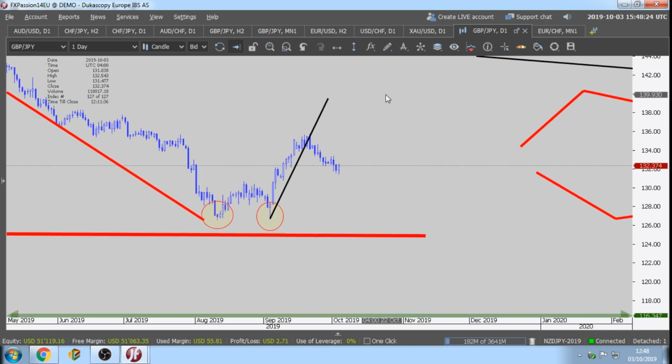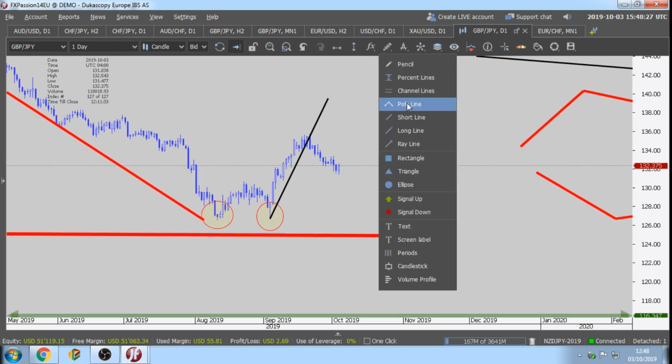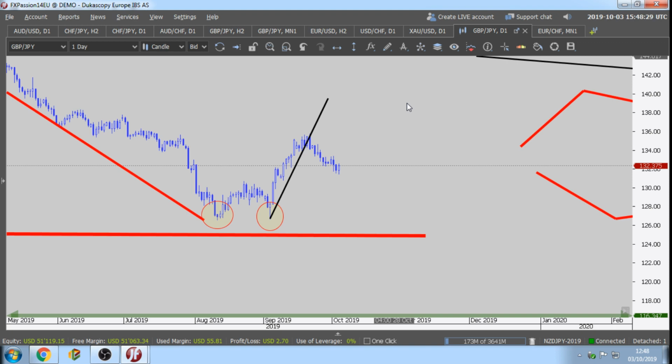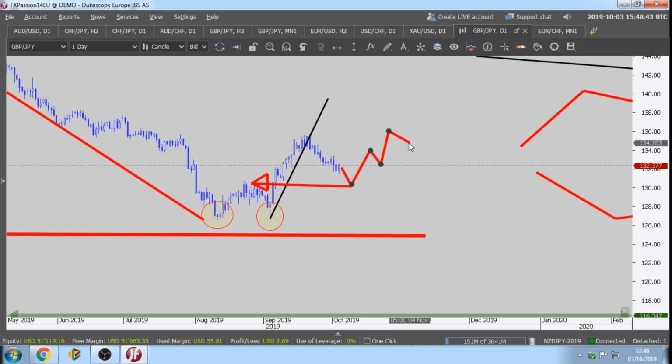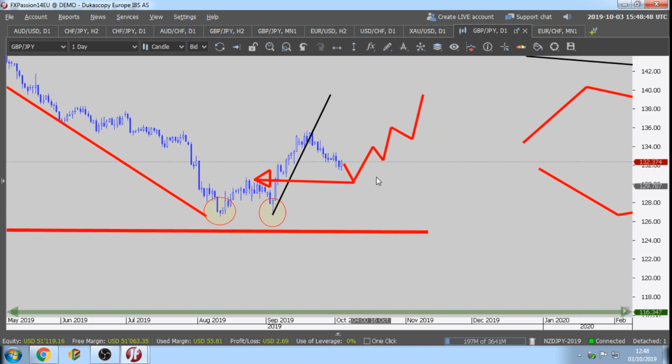One of two things can happen, and it's going to happen tomorrow because the Japanese yen is correlated with the US dollar. Either the market is going to fall a little bit, until this past support, and then it's going to go up further in a down retracement. Or it's going to fall, crash the past support and continue its fall down here. So it's either this or the other one.